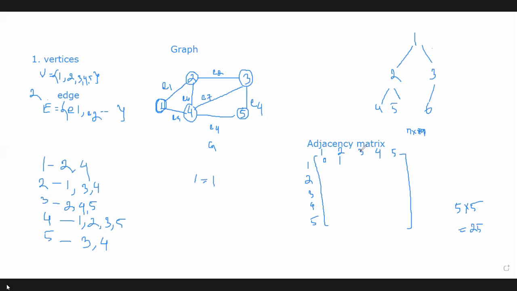Okay, now the next node is 3. Is there any relationship between the node 1 and 3? Look at the graph. Is there any edge between 1 and 3? No. So there is no relationship between 1 and 3, so its value will be 0. And the next one is 4. The starting node is 1 and the end node is 4, and there is an edge E5. So here we can write 1. That is true, 1 and 4 are adjacent nodes. That's why the value is 1. Okay, the last relationship is between 1 and 5, but there is no direct connection, or there are no edges between these two nodes, so they are not adjacent nodes.